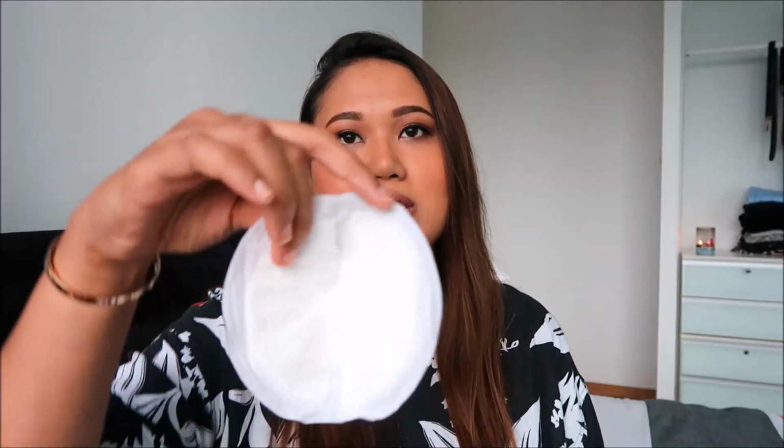thing and I've just pasted it on my t-shirt, and I like that it stays there and it's not so bulky that it would fall off from your bra or your t-shirt. It's very absorbent. You can just wear this throughout the whole day. I've never had any issues with the water seeping through and all that, and it's just a nice basic good